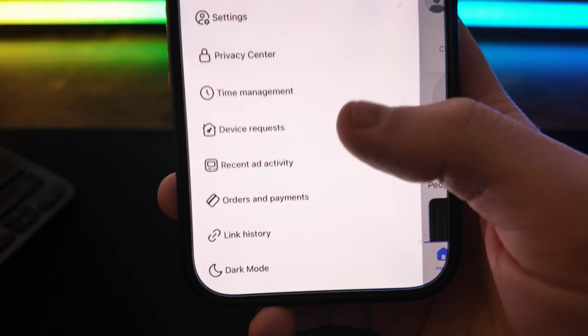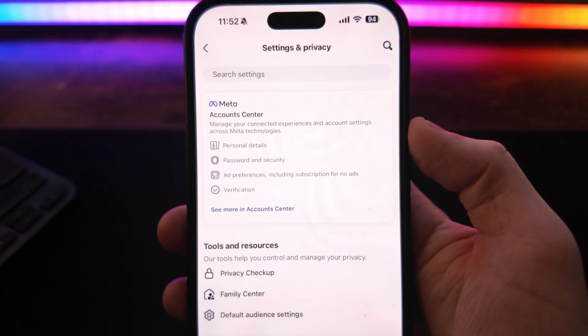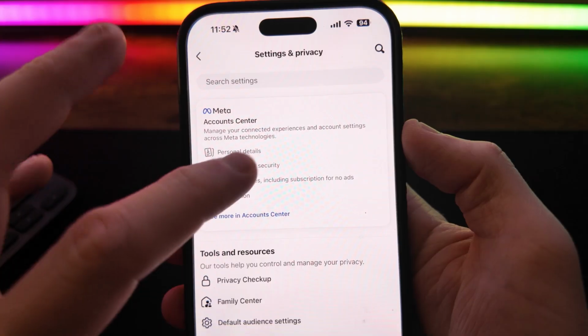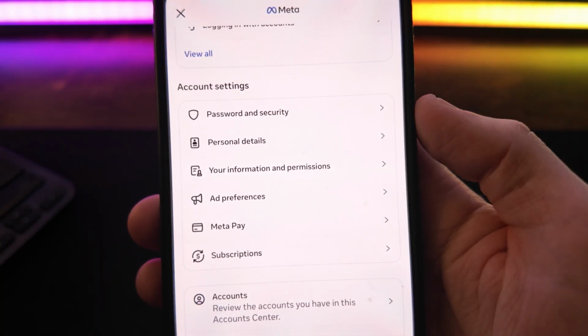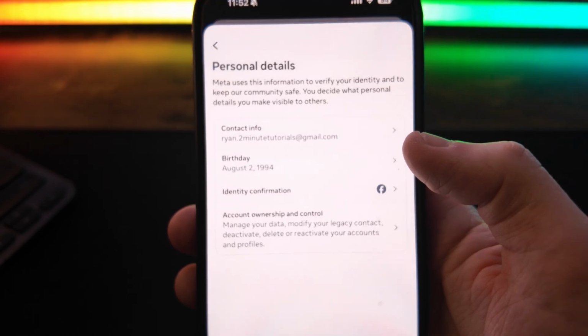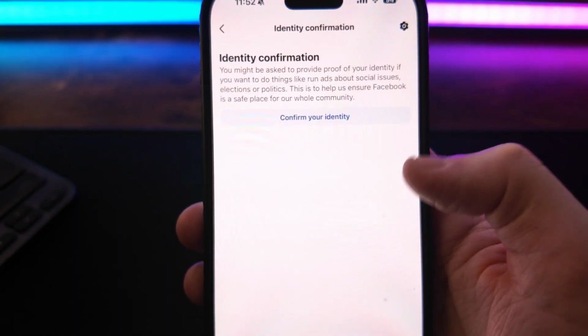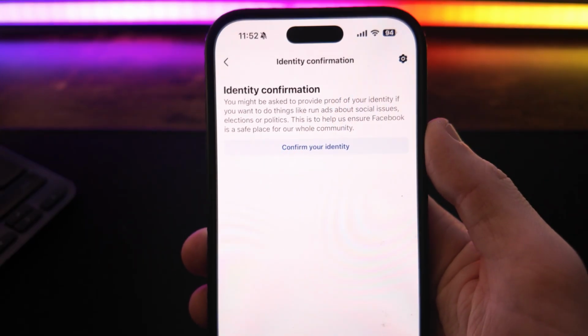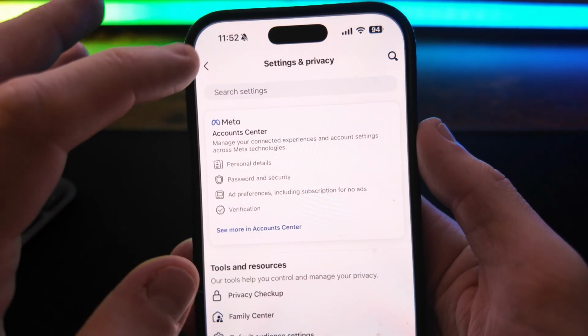Once we do this, you can then click on the settings option. And now if we go to the top to the Meta Account Center, you want to select that. Now from here, you need to go down and you want to select personal details. And then from here, you simply want to select identity confirmation. Now, once you confirm your identity on this page, we can then go back now to the main menu of